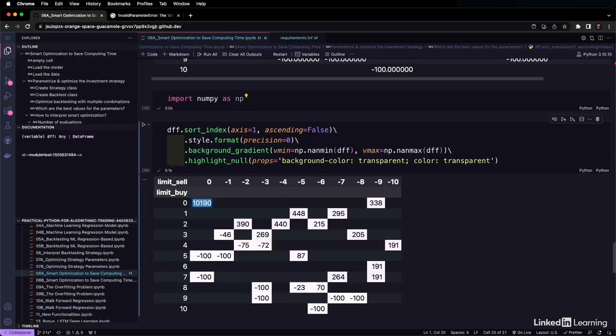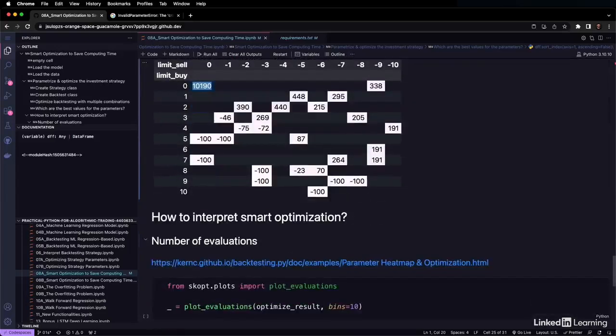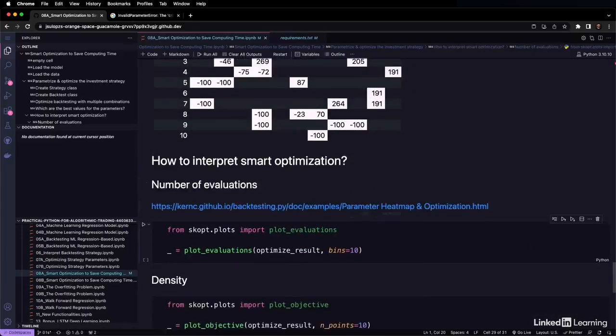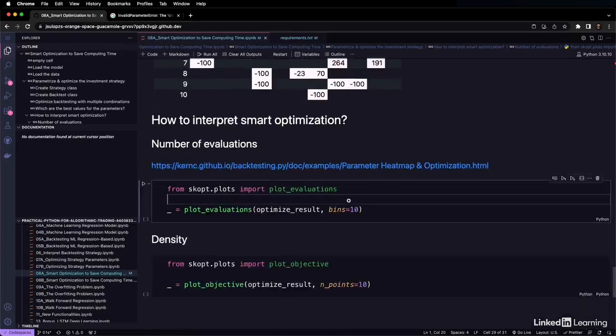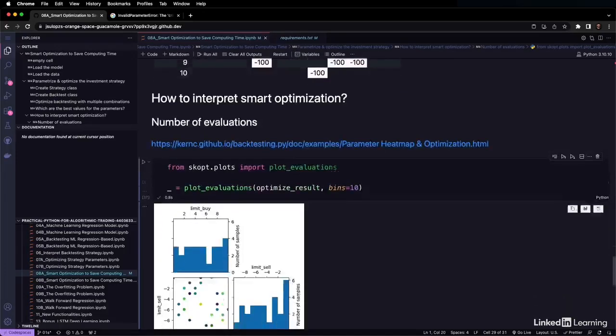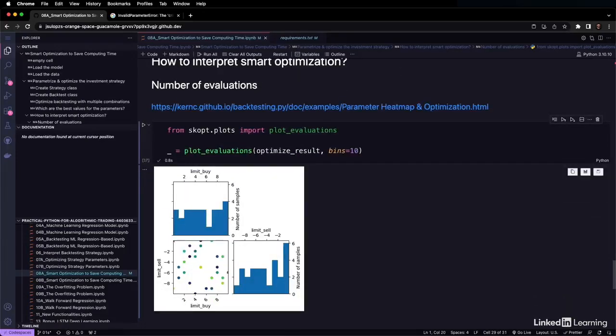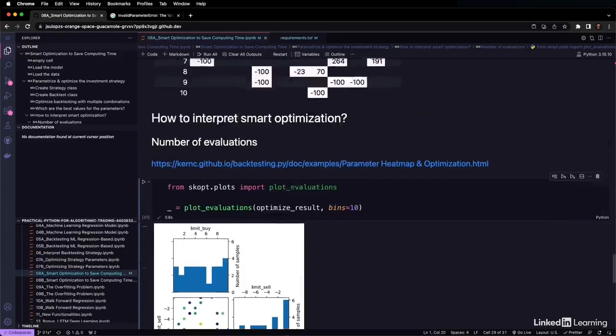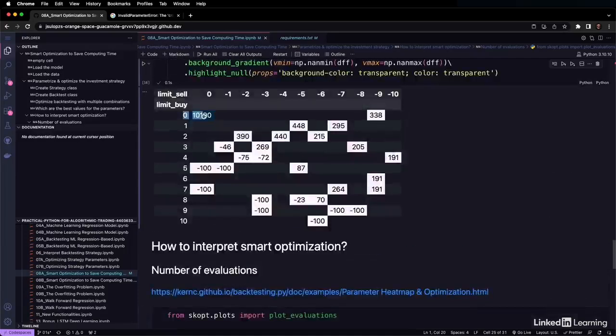If we would like to dig deeper on this method, you may check this article where they explain it in detail. I'll give you an overview. The following chart is plotting the evaluations of the algorithm. You can see the dots, which are the combinations of all possible numbers on limit sell and limit buy, and there is a red star in the corner showing the point 0,0, which is the optimal number that the algorithm